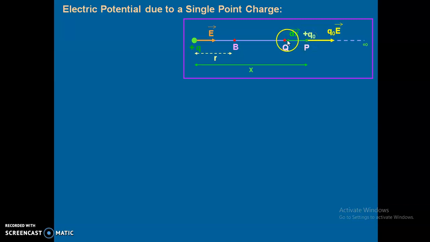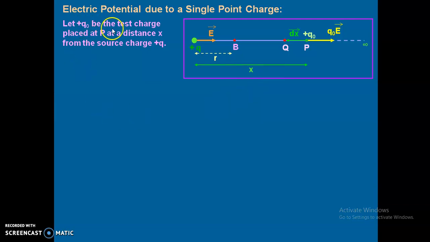We are going to move the charge from this point to this point, and then we can integrate that movement from infinity to this particular point B. First of all we'll calculate the work done for this small distance movement, and then we'll integrate it from infinity to this point B. And this distance is dx, I have already told.